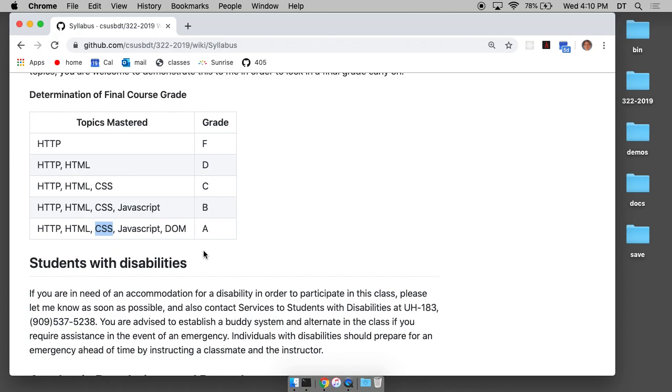If you're more interested in the back end,